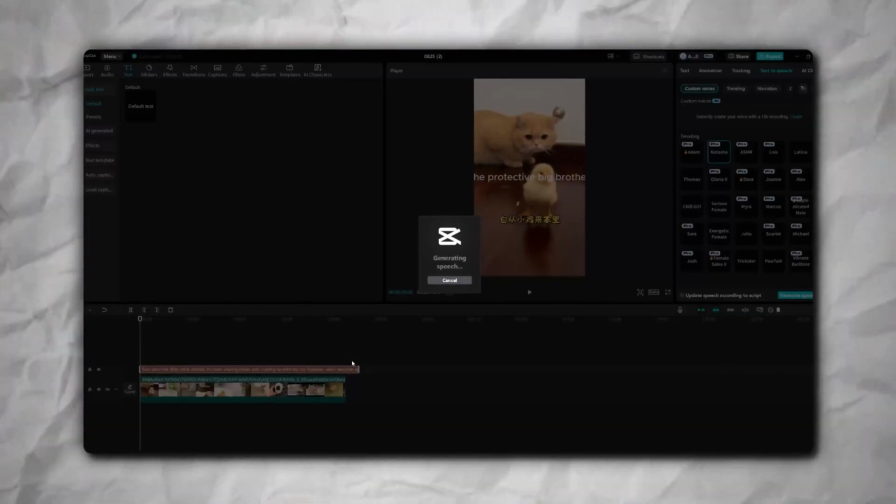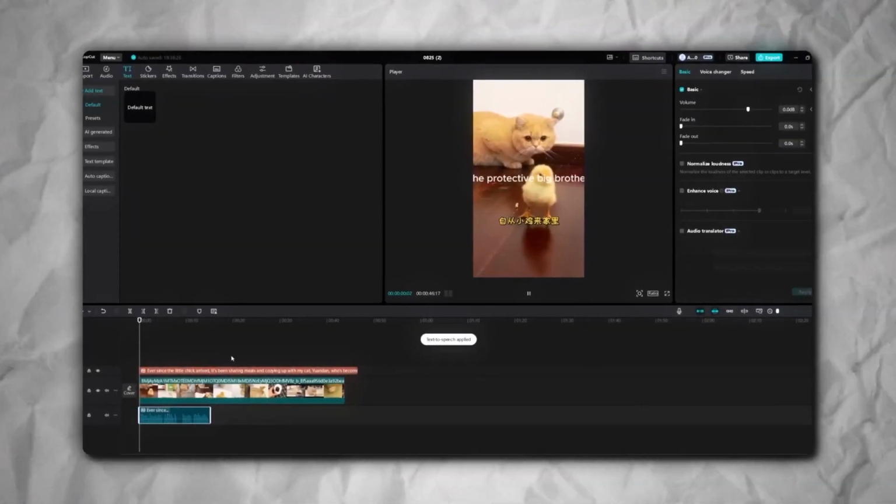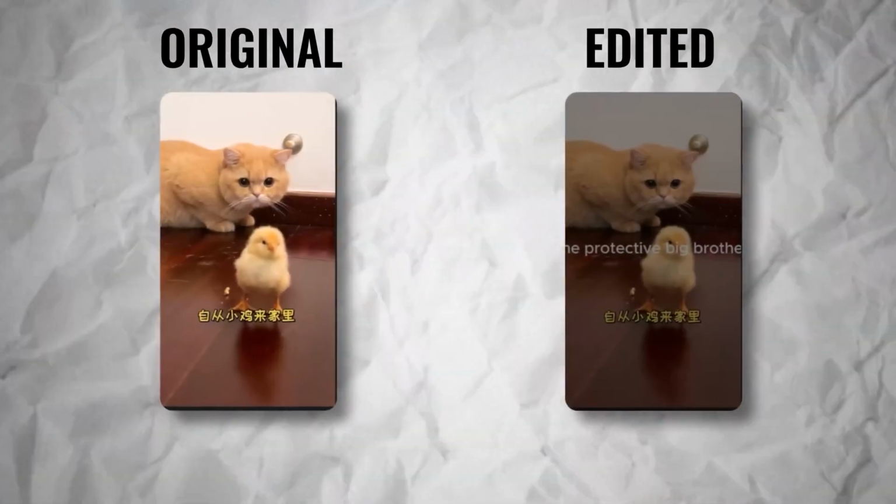Once you have that updated script, use CapCut's text to speech and have it read it out or read it yourself. And the reason I like using this concept so much is because it is an already proven viral video in another language, and you're just making it understandable for English. After about 5 minutes, we went from this to